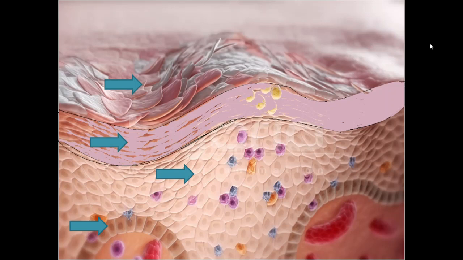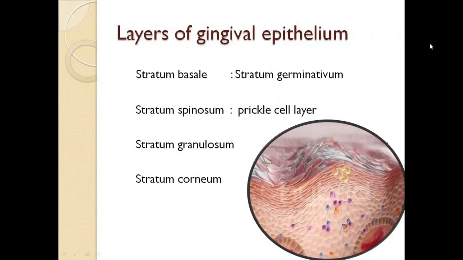Granules are lost as well as various organelles. Cells are packed with tonofilaments and cell wall thickness increases. Desmosomes lose their intermediate layer and many are lost altogether. Formation of the cornified layer could be regarded as an efficient, well-integrated system of protection to the underlying tissues. Those are the layers of gingival epithelium that we have already discussed.